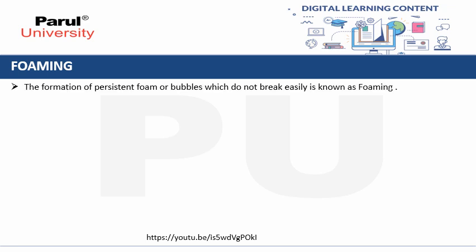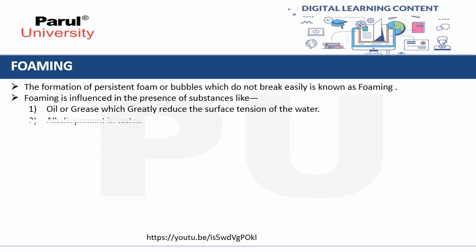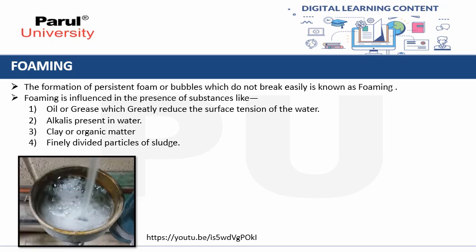Foaming. The formation of persistent foam or bubbles which do not break easily is known as foaming. Foaming is influenced by the presence of substances like oil or grease, which greatly reduce the surface tension of the water, alkalis present in the water, clay or organic matter present in the water, and finely divided particles of sludge present in the water. As we can see here in the image, there is foaming created in the boiler on the surface of the water. And because of this formation of foam, we cannot judge the exact gap between the surface of the water and the surface of the boiler